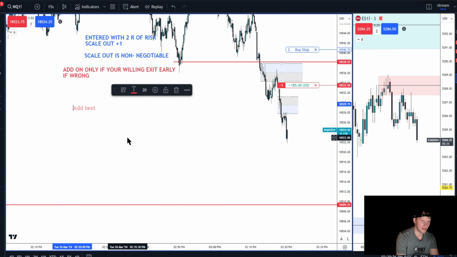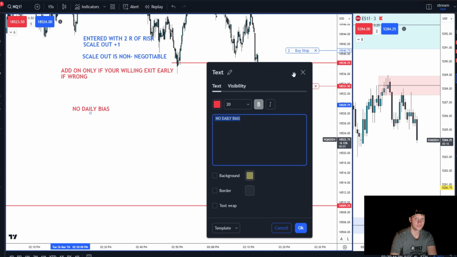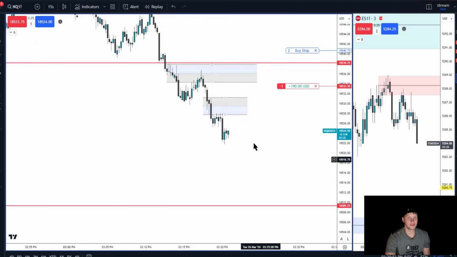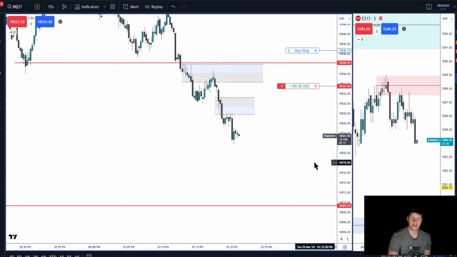Is a daily bias needed? I do not think a daily bias is needed personally. I think you can just do fine without it. But with that being said, you need to have areas of price where you think it's going. So I have outlined this is where I think price is going. Therefore, I don't think daily bias is really a good thing.